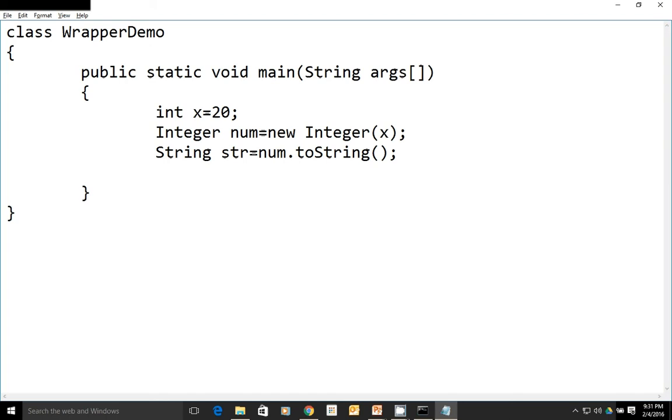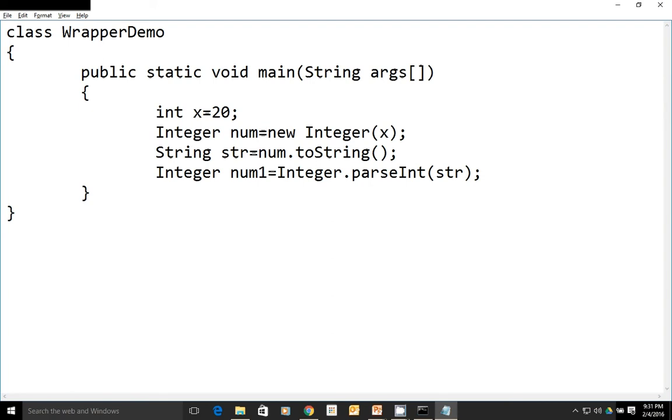And you can do it in reverse. I want to convert it into an Integer reference object, num1. At that time you have to convert the string into an integer, no? So Integer.parseInt(), and you have to pass a string.